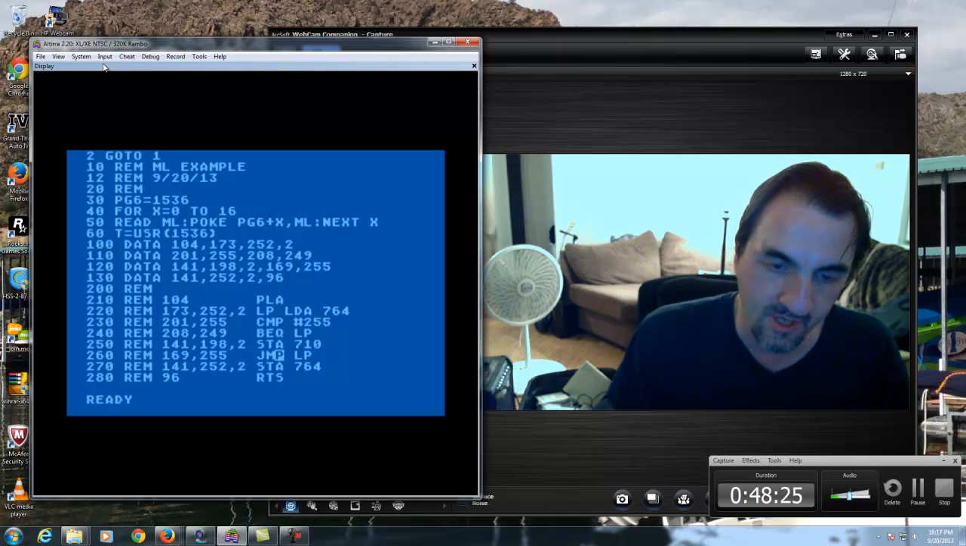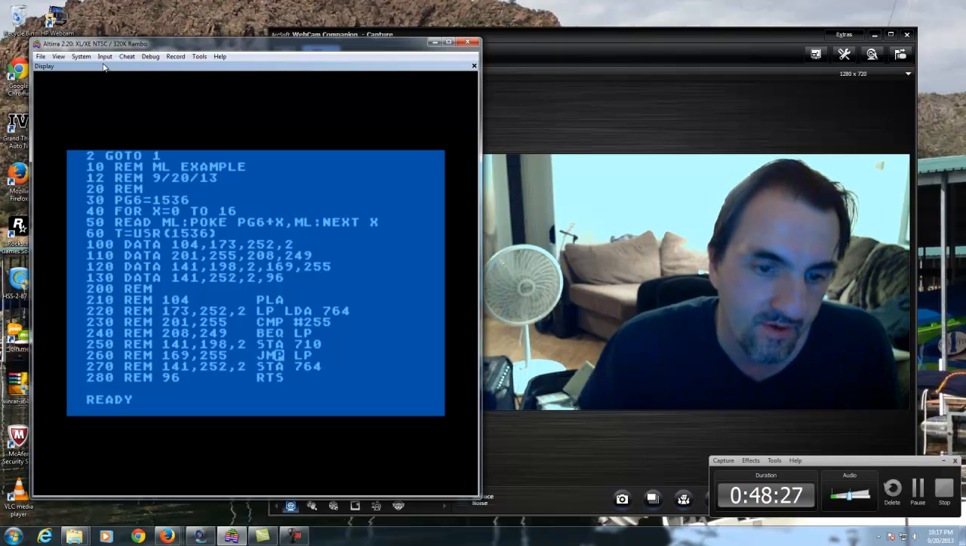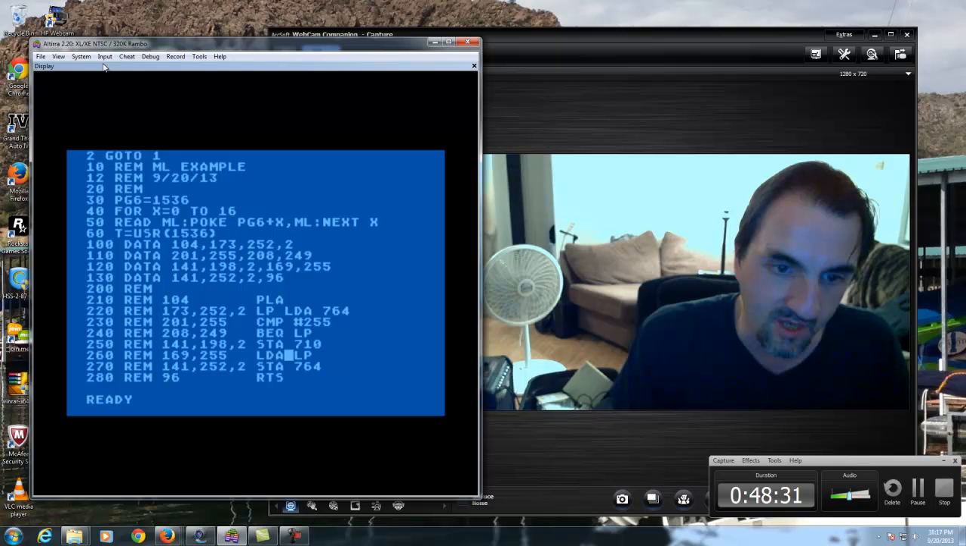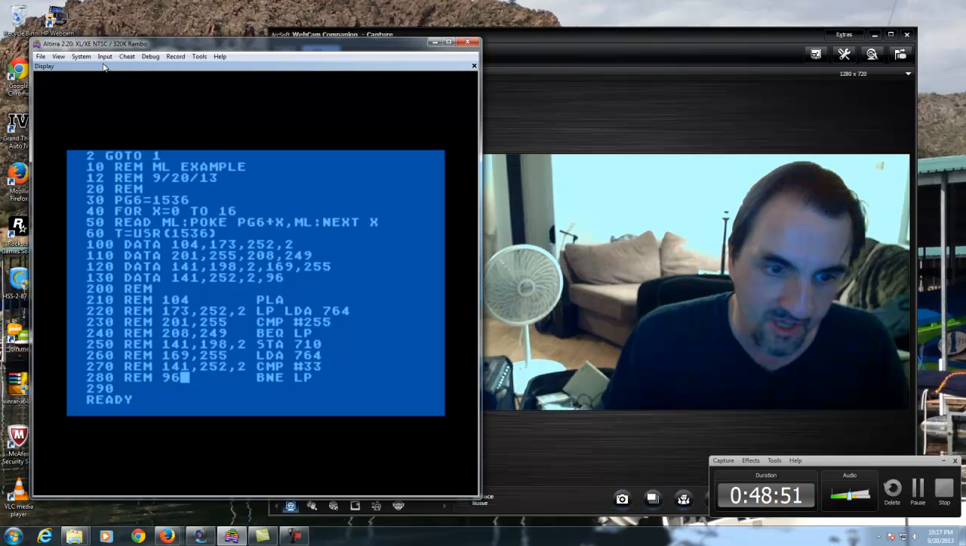Let me see. I think that's it. Jump. Oh no, first we need to check for the key. Load the emulator 764, and then we'll say compare it to 33. However, if it's not the right key, go back to the loop. But as soon as it is the right key, I think I just lost my 70 here or something. As soon as it is the right key,